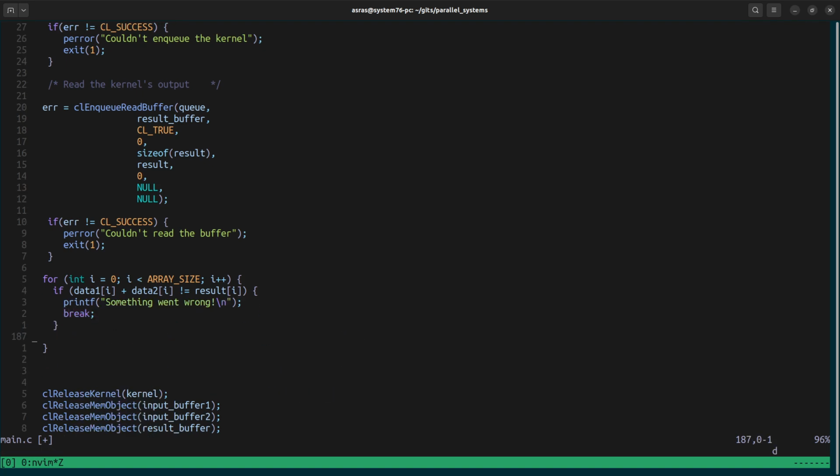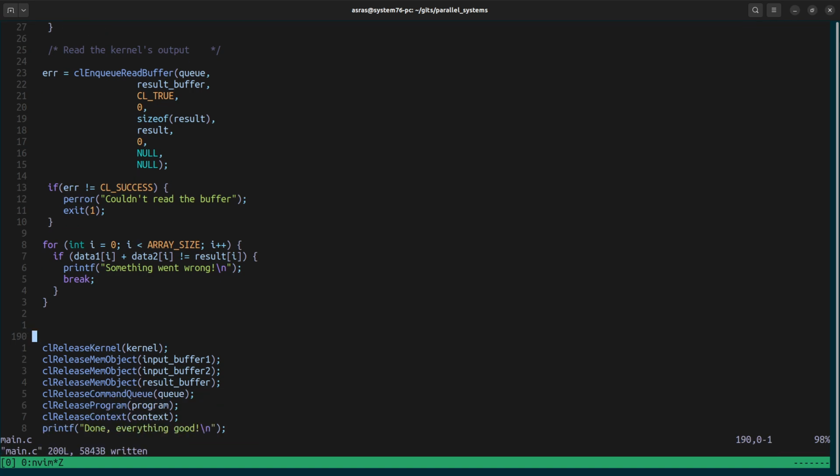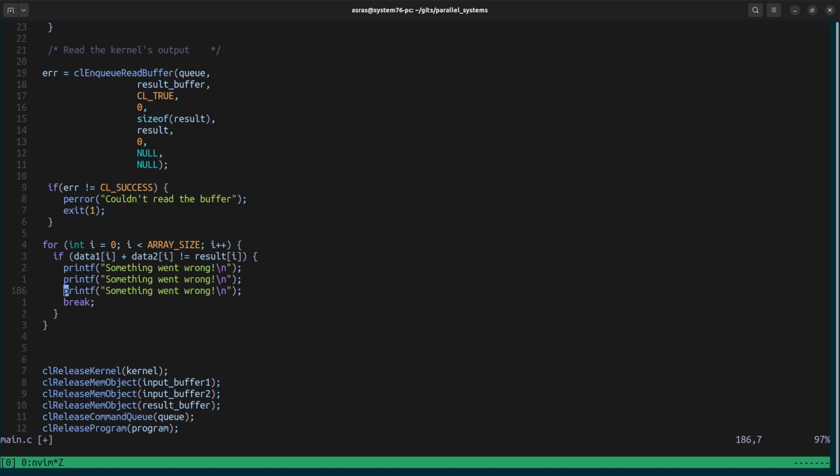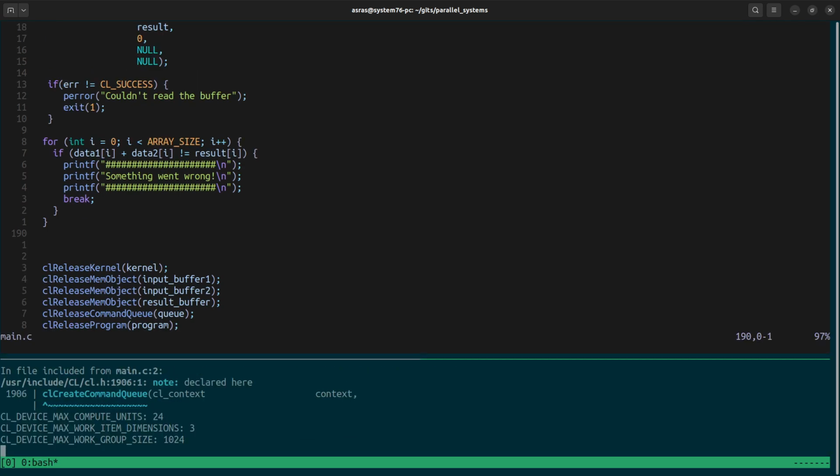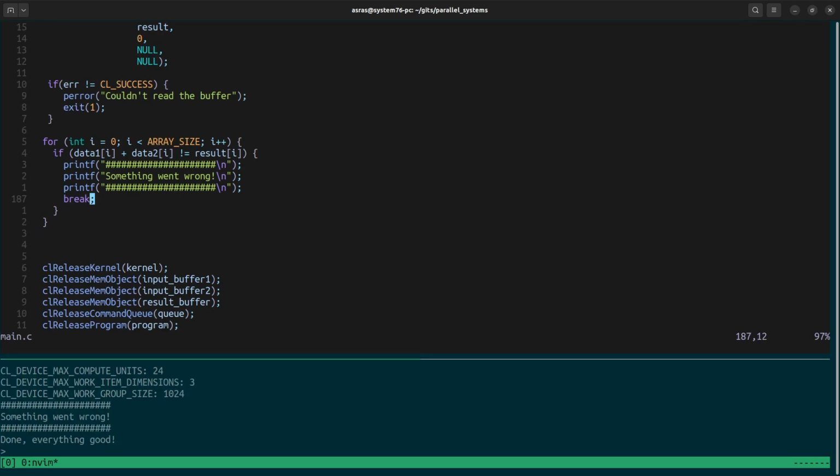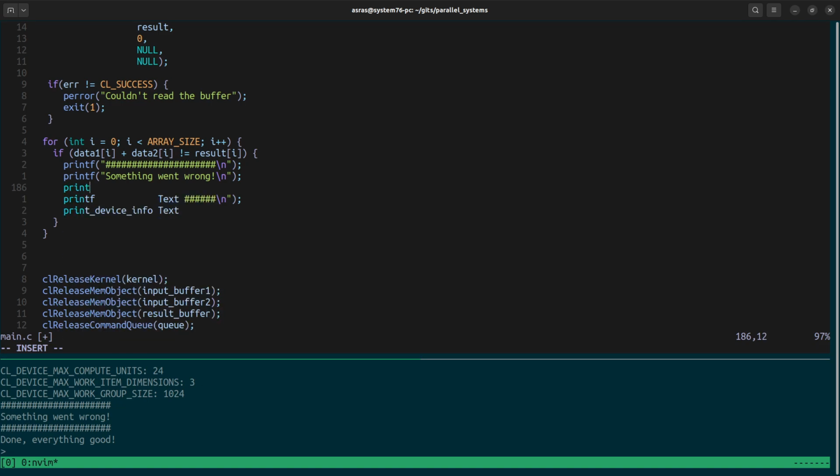And we can break. We don't need to run through everything. Let's print what the values are. So data1[i] equals